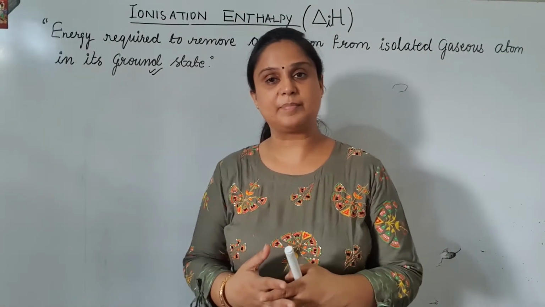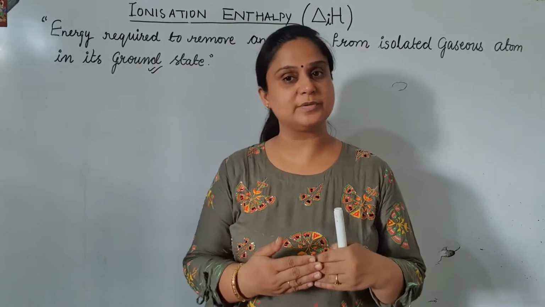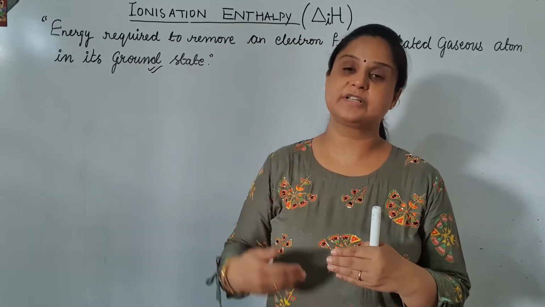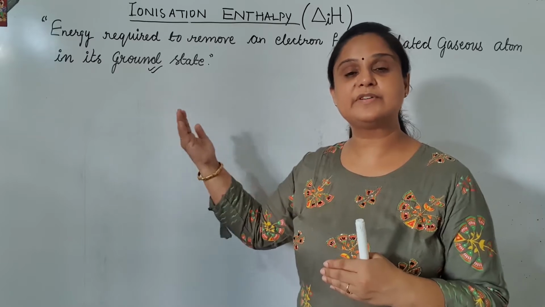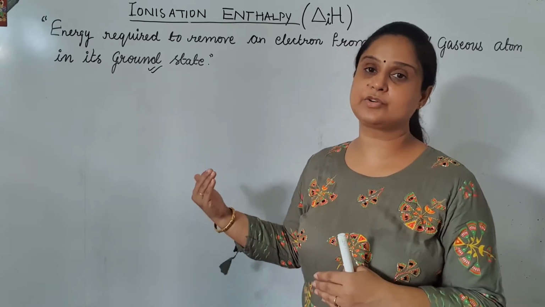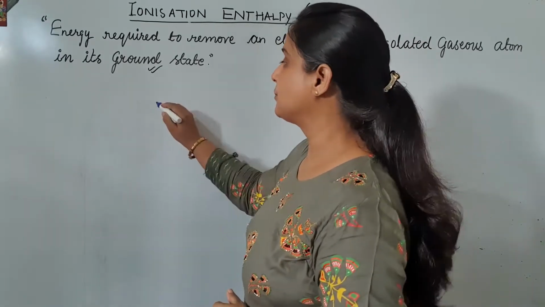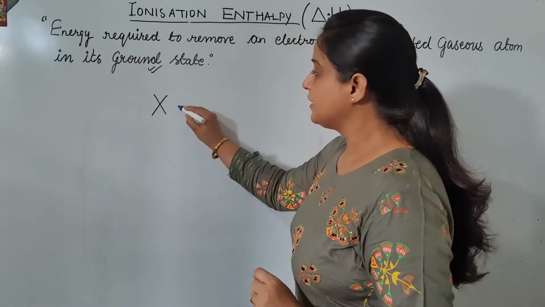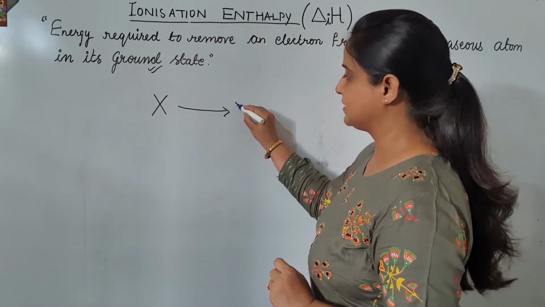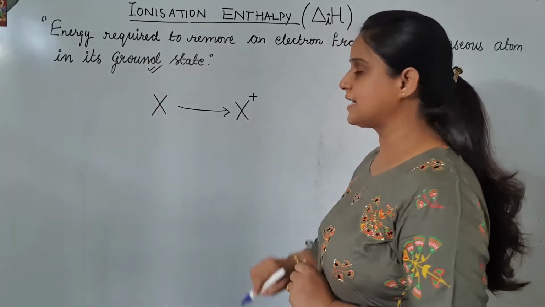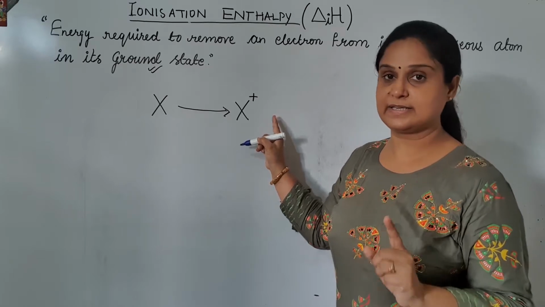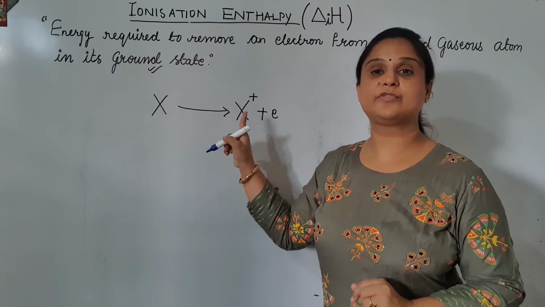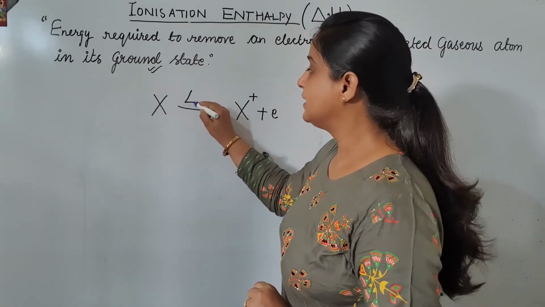Now we will see what happens to an atom when an electron is removed from it, and what if I am removing one more electron from it. So we are going to see what happens when we remove more than one electron from any atom. I am taking an example of an atom which is X. If I am removing one electron from this X, this X will turn into its cation, and the energy required for doing this is known as delta